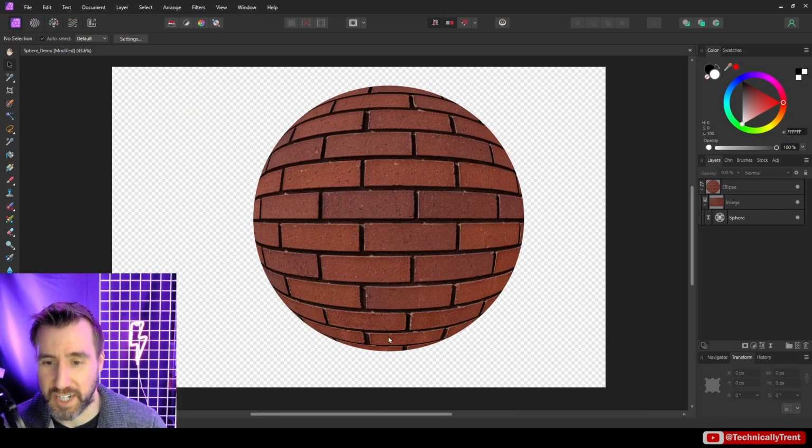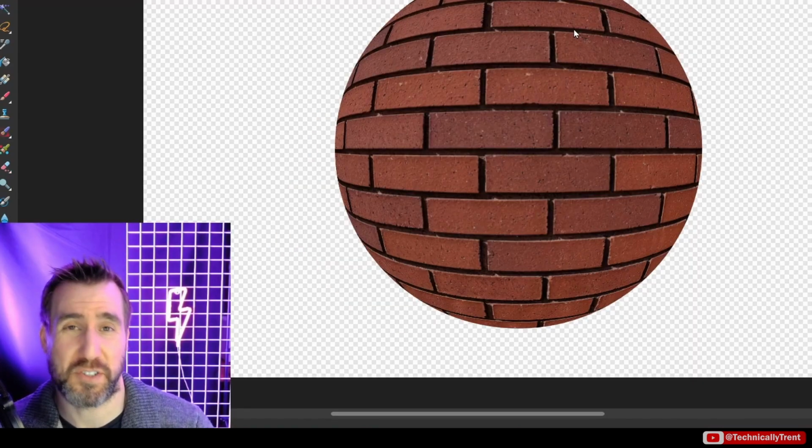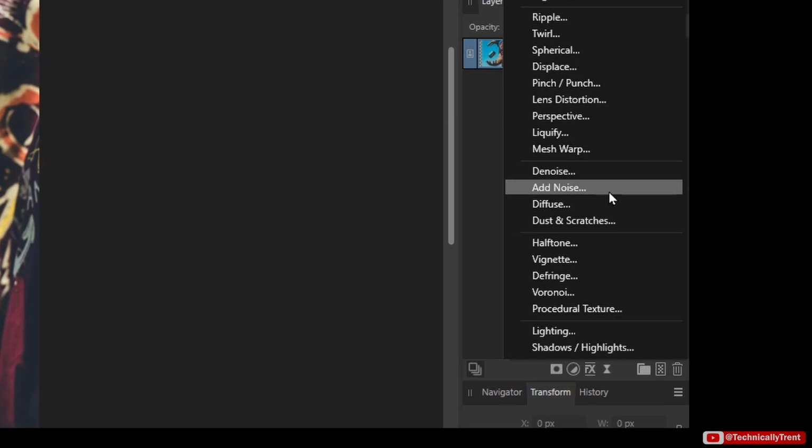And now I easily created a brick sphere that I could easily use in some other artwork. And this can be done with other textures as well. Metal, wood, plastic, whatever you want. Next we have the noise group, which can be used to add noise or even remove noise or dust and